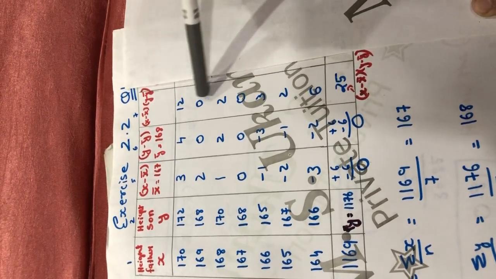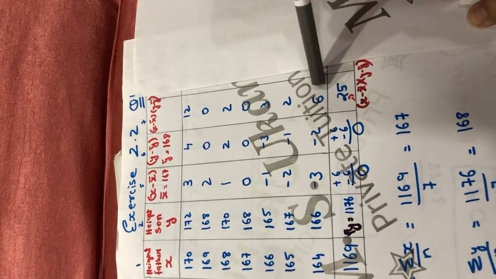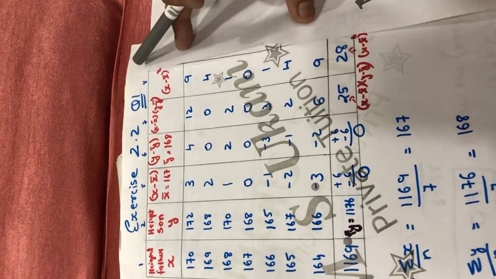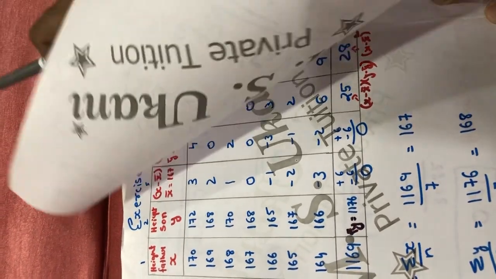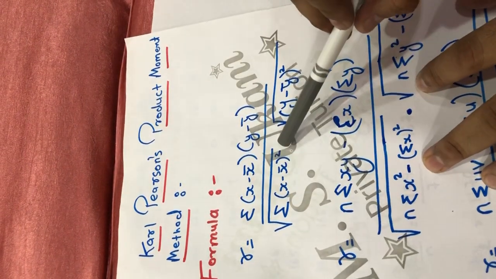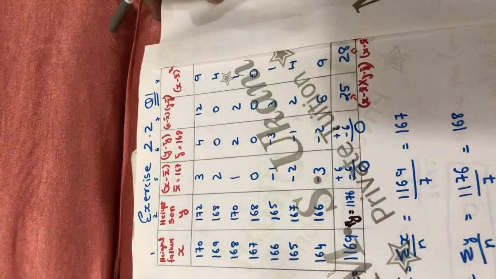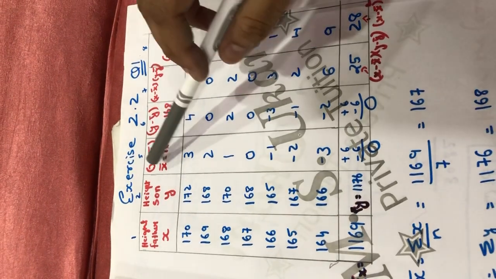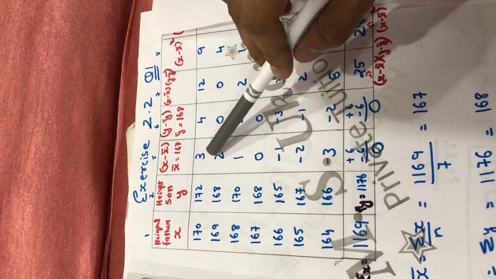So in this way, we have made this column, and after calculating this column, we have to add all these numbers. Now we will prepare the column x minus x bar whole square, because in the denominator, see, the x minus x bar whole square and y minus y bar whole square. So we will make the x minus x bar whole square. So here the x minus x bar is here. So we have to do the square of 3.